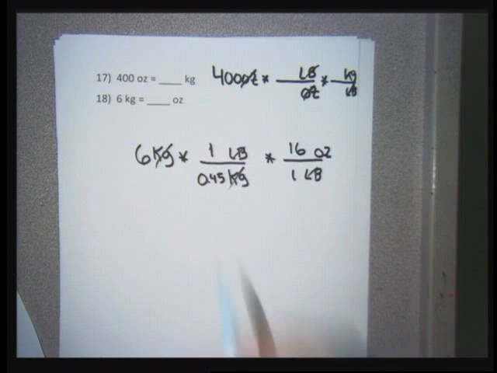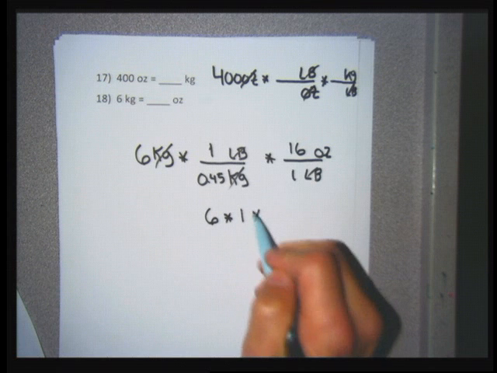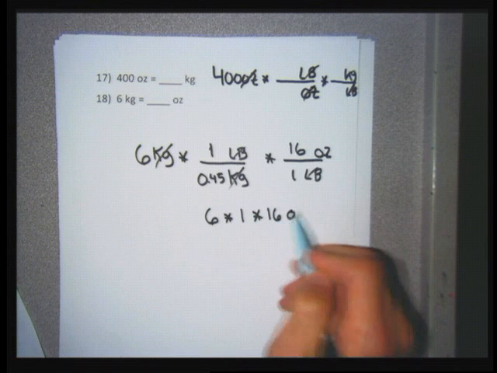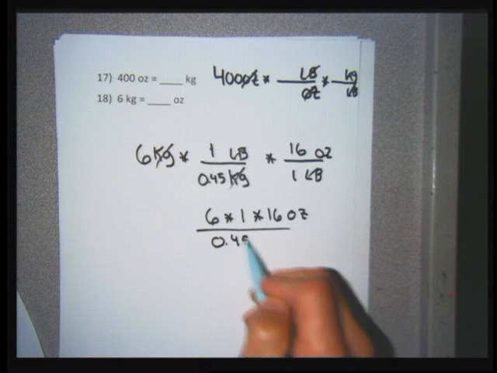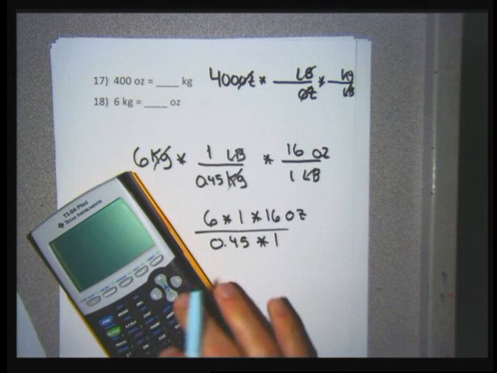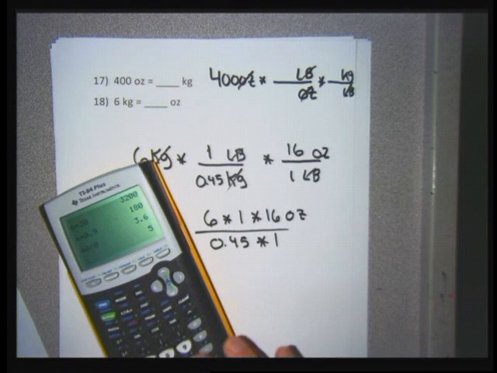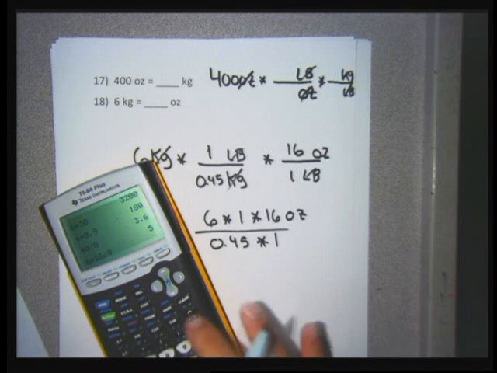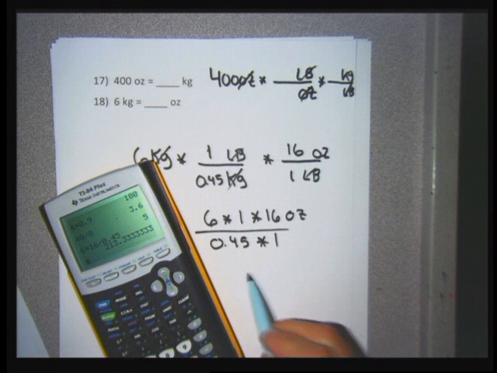So now what I have left is 6 times 1 times 16 ounces over 0.45 times 1. And when I enter it on my calculator, I'm not going to enter the ones. So I'm just going to enter 6 times 16 divided by 0.45. And that's going to give me, and it says to round to 2 decimals, so I'm going to write